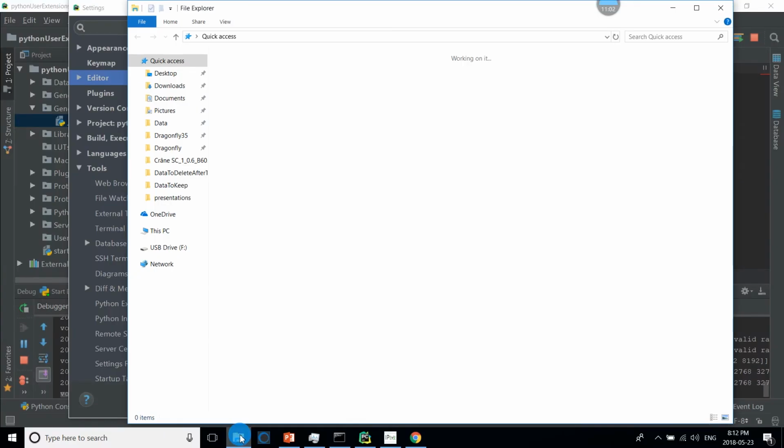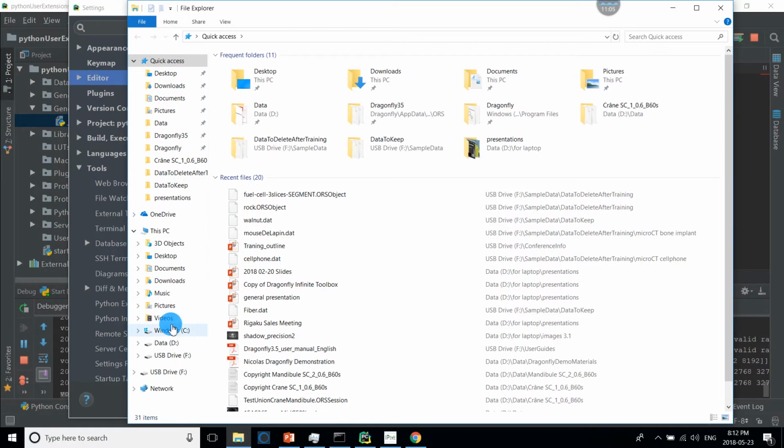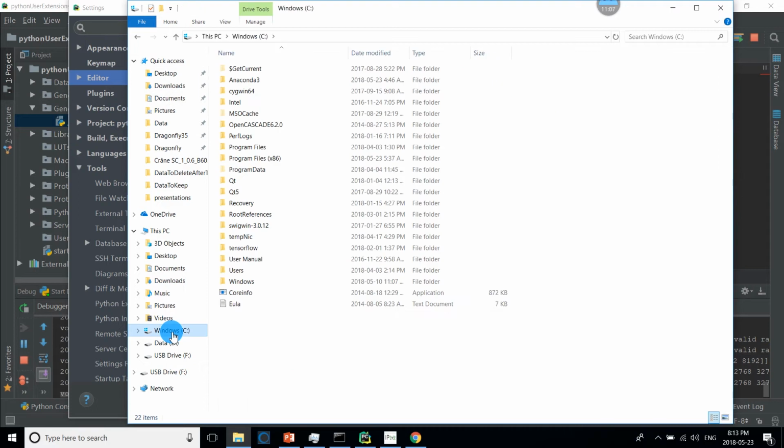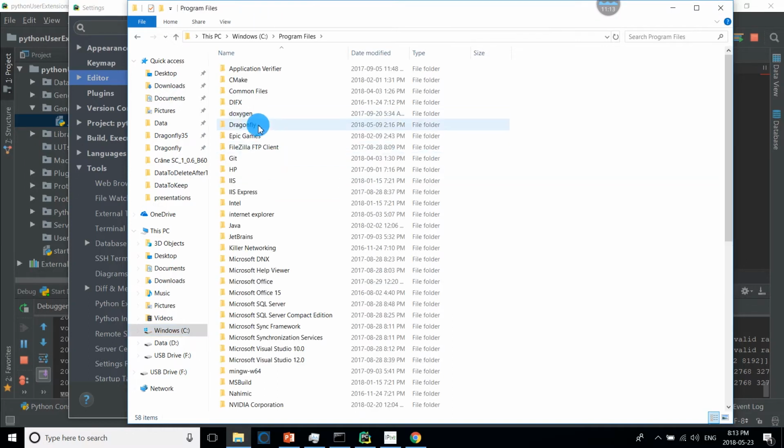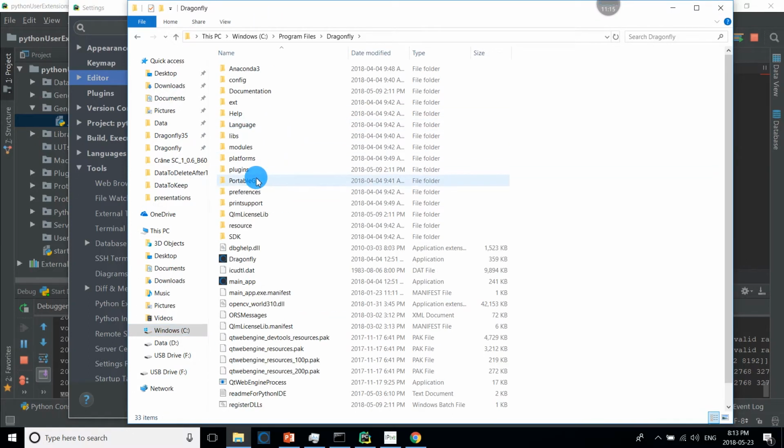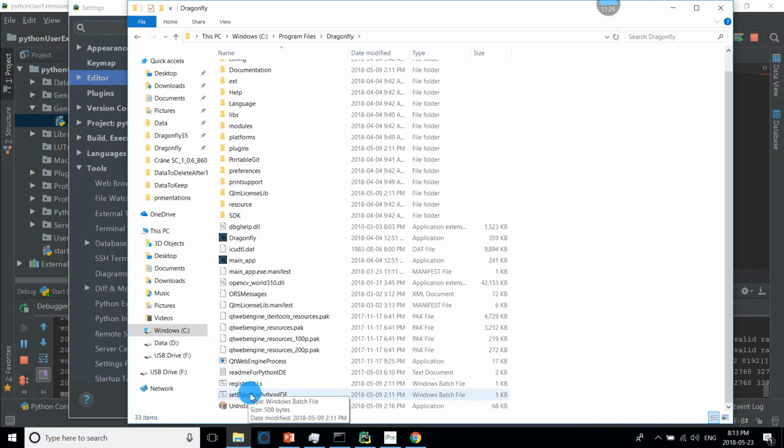So the next step is to set up PyCharm to run within our environment. Because when we normally start Dragonfly, we set different environment variables so that it will launch correctly. So we wrote a special script that you can use to start PyCharm, and when you start Dragonfly, everything will work properly.